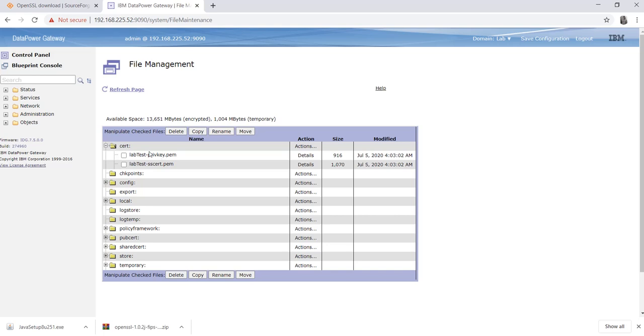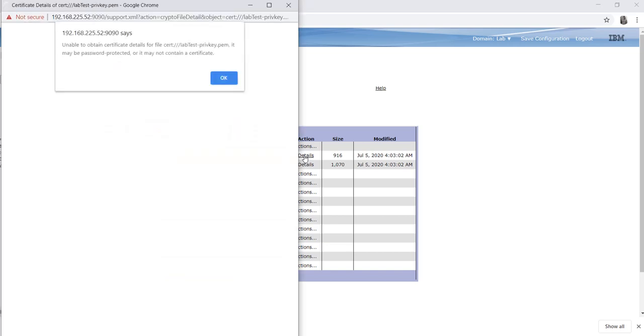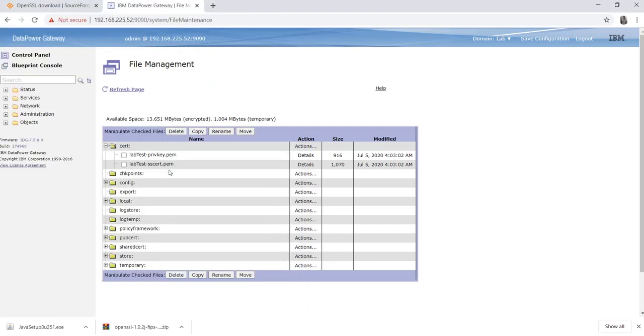Here, the file is generated in the cert folder, but you can't see the private key. If you click on detail, it will show a message that you can't see that file. If you want to see that file, we'll go to the temporary folder.